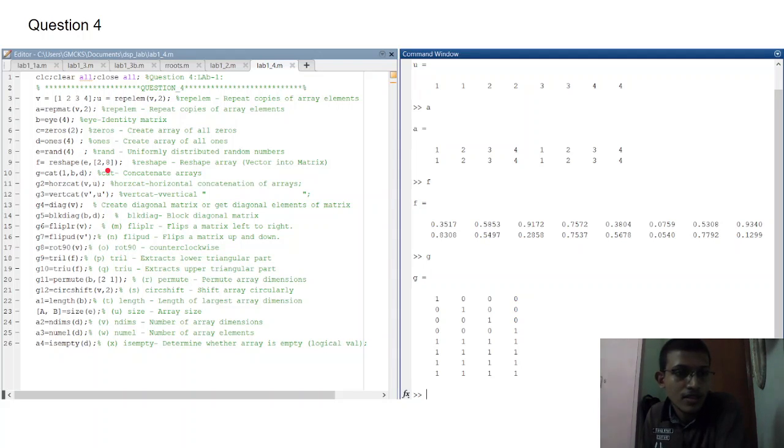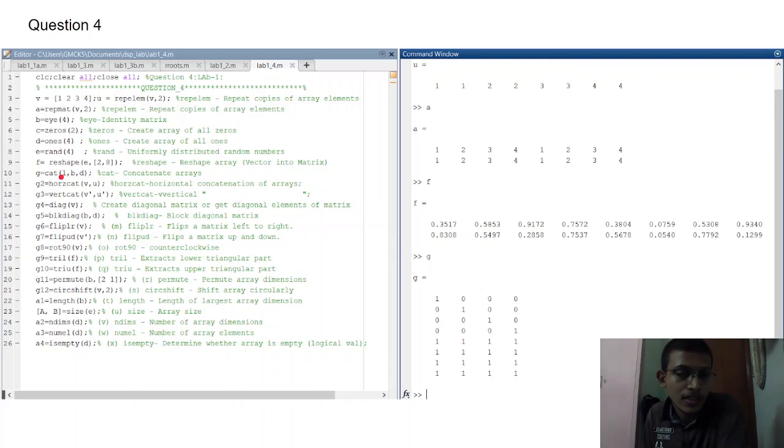So that's the rule. And for concatenating arrays, here the second and third arguments are different matrices, but the first argument is 1 or 2 based on the dimension along which B and D are joined. If the initial input argument is 1, then B and D are concatenated along rows.